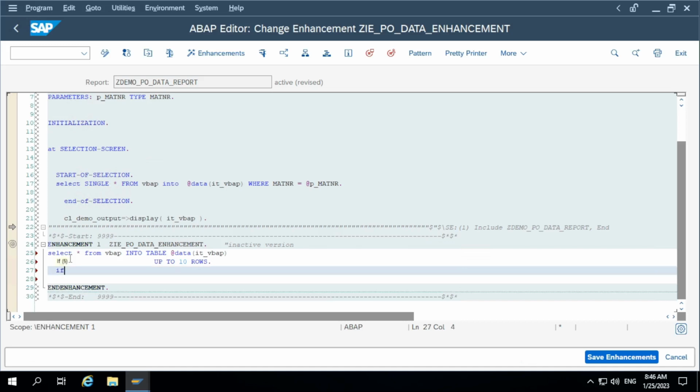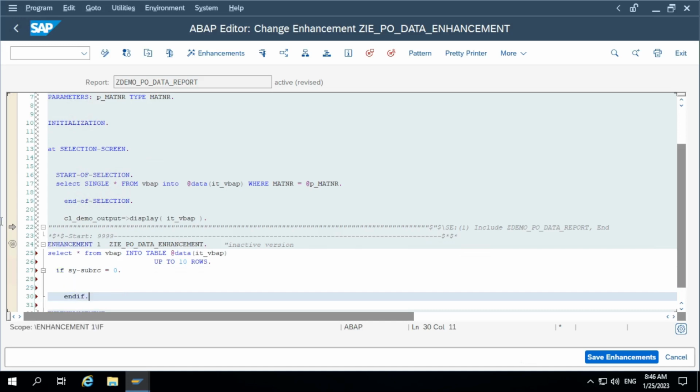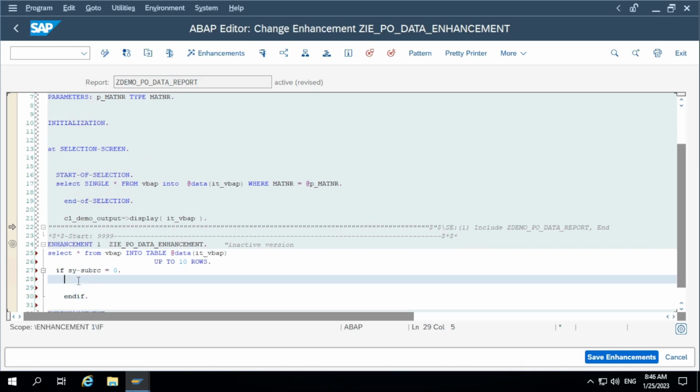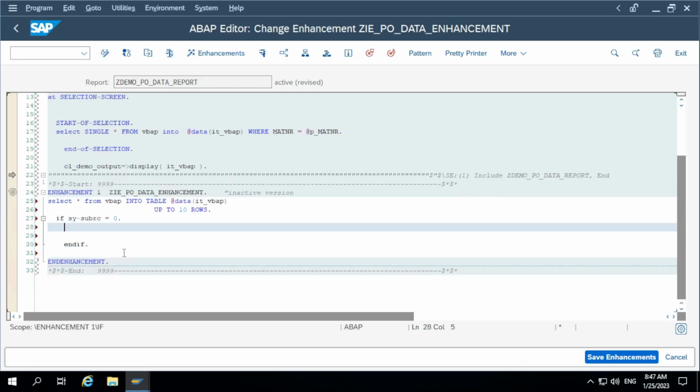And you can enhance it. You can enhance the additional code, or if you want to overwrite any of these functionalities which are executing before the enhancement, you can overwrite those functionalities here. Okay,